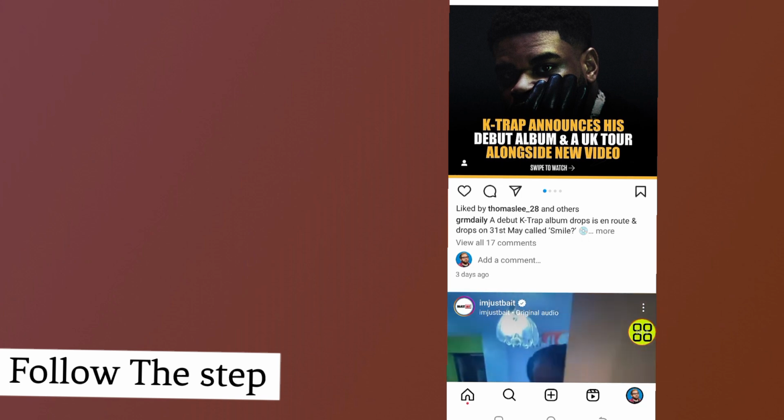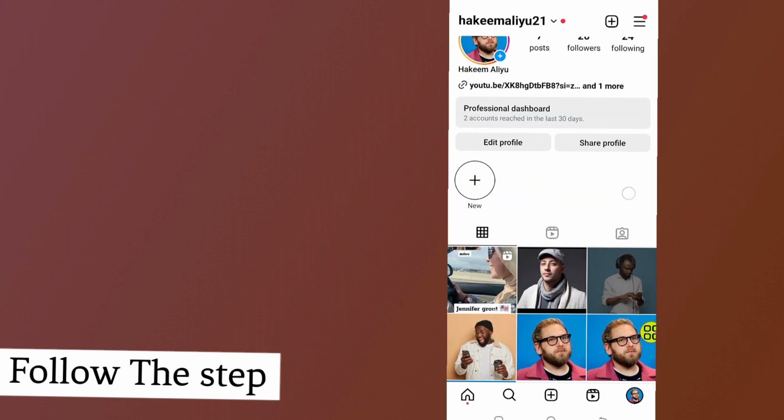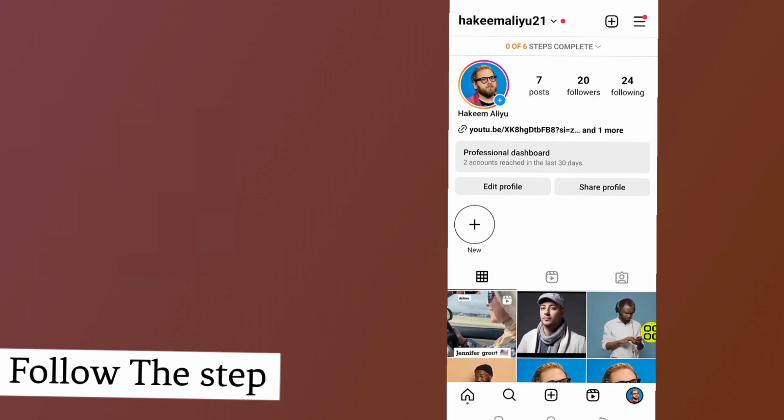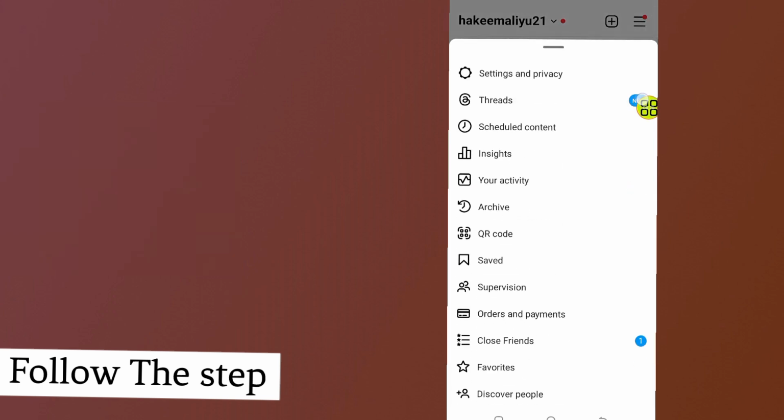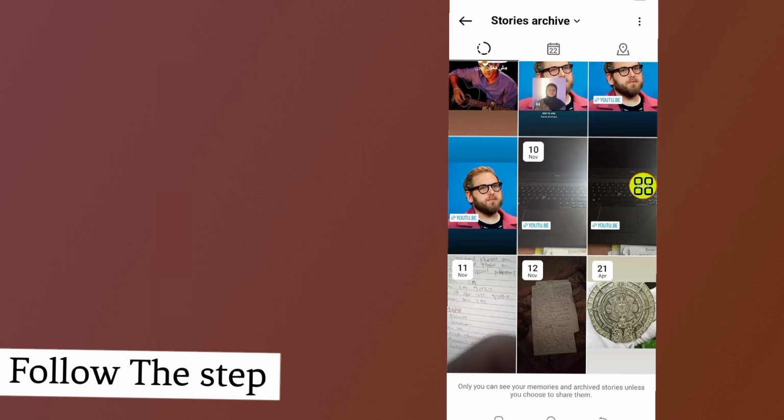bottom right side. After you open up your profile, to unhide your post on Instagram, tap on this menu at the top right side. Now scroll down and tap on this section which says, as you can see now, archive. Tap on it. After you open the archive section, as you can see, it gives you all your